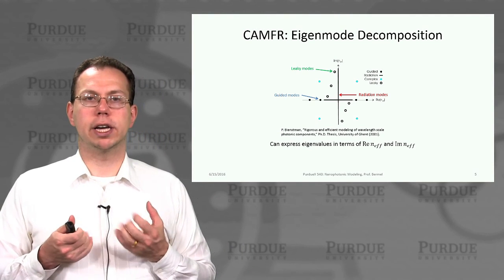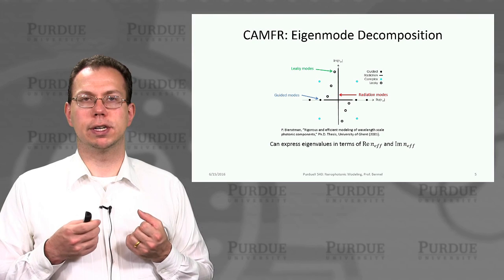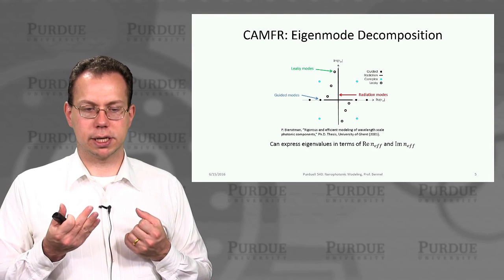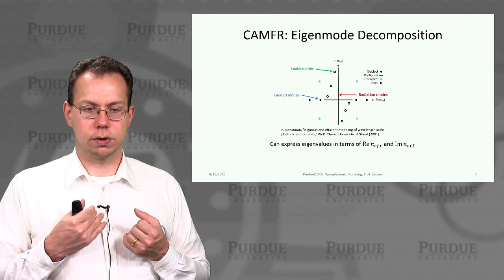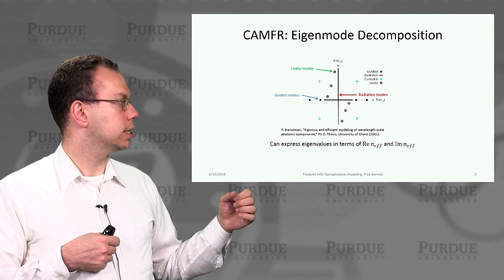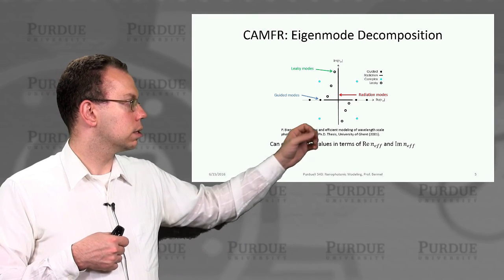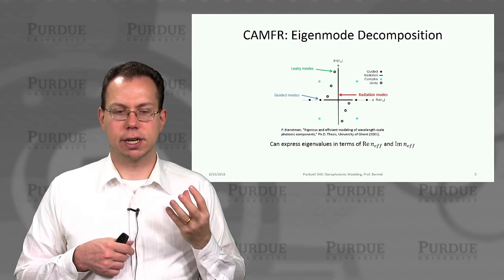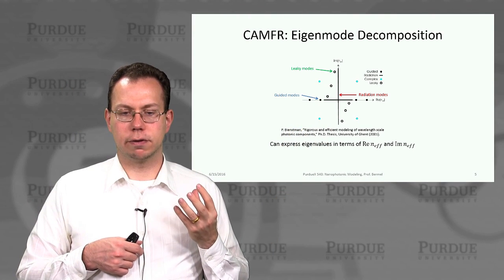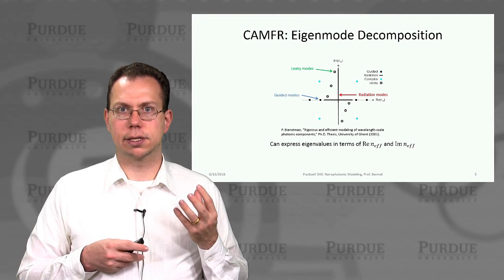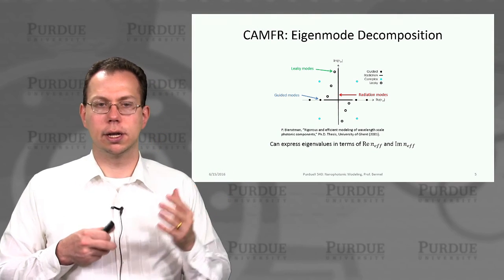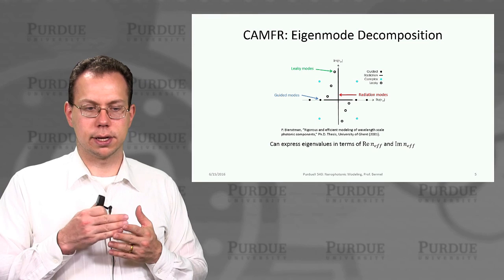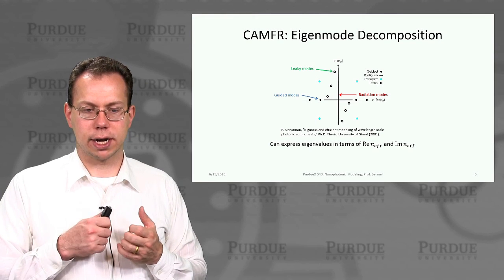But then what kind of eigenmodes can we get when we do this kind of solution? So there are basically 4 types. The first type is essentially a guided mode. And so the guided modes are represented here. These have an effective real part of the refractive index, so it's associated with propagation, but there are no losses. And so this is a perfectly well-guided mode.